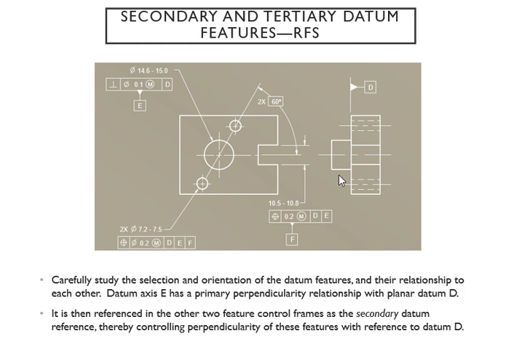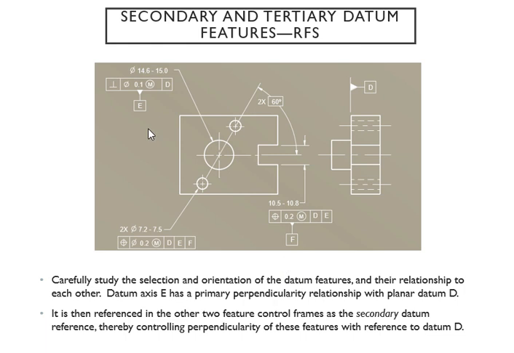And don't forget to familiarize yourself with the different views so you can understand where these surfaces are on the actual part. I totally recommend you draw that in an application of your choice, AutoCAD or SolidWorks, which is easier. Try to get the isometric view so you can see these surfaces. Please do. Of course, you do your two feature control frames to throw in your secondary datum and also your tertiary ones. And again, the controlling perpendicularity, so we're dealing with the 90-degree